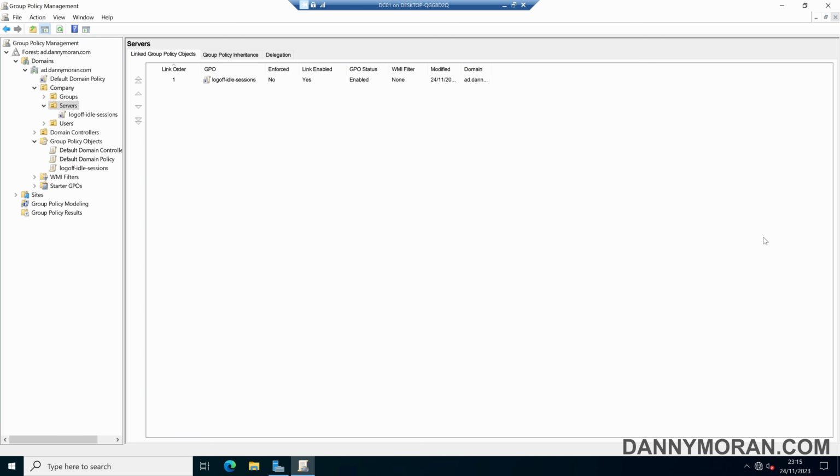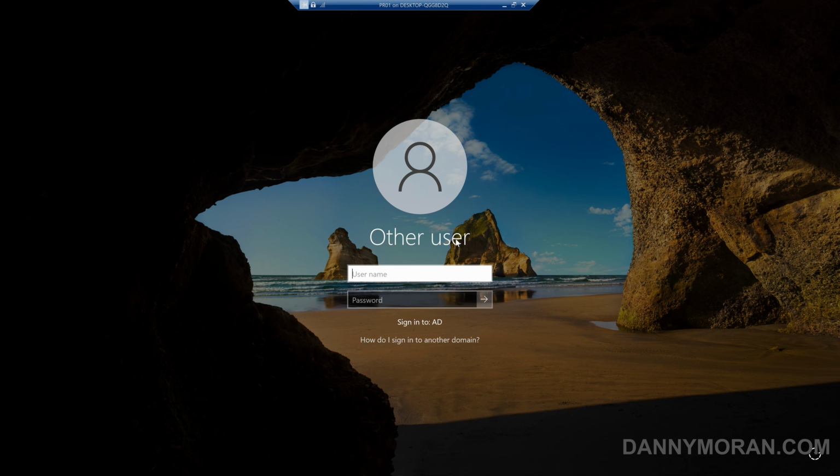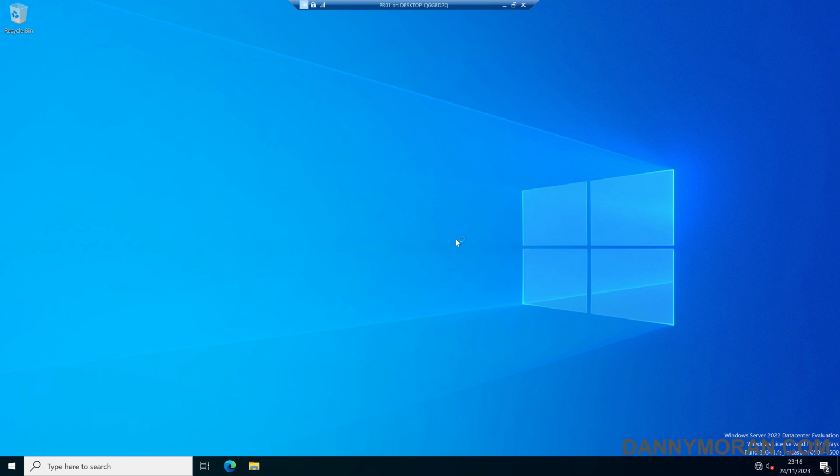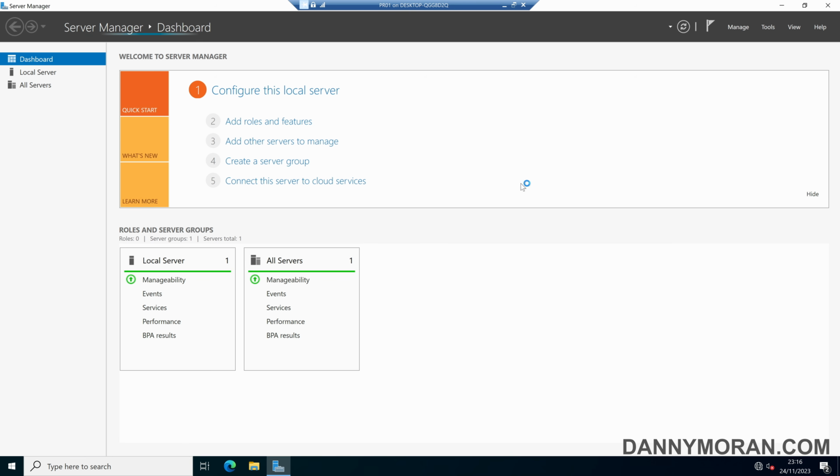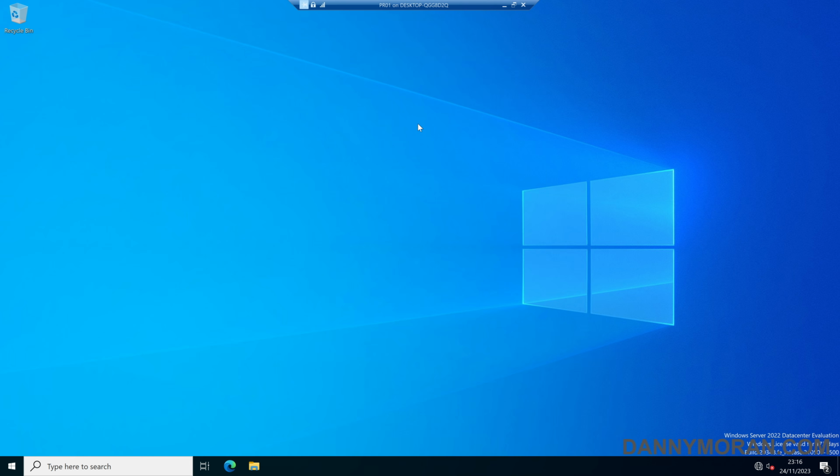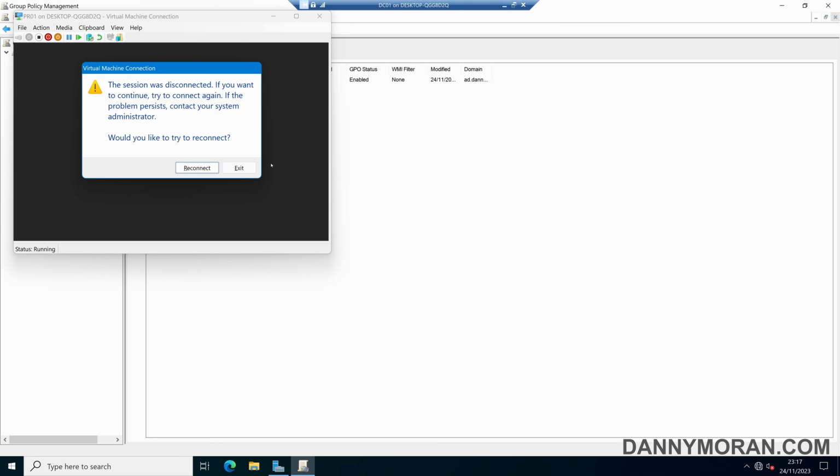Now what I'll do is I will just log on to a server just so we can test this. So I've logged onto another server, and then what I'll do is I'll just leave this for a minute, and then it should automatically log us off after about 1 minute. I've sped that up, but the 1 minute has passed and our session has been